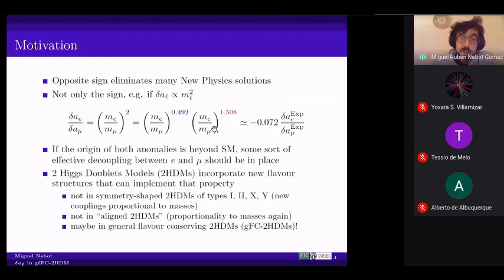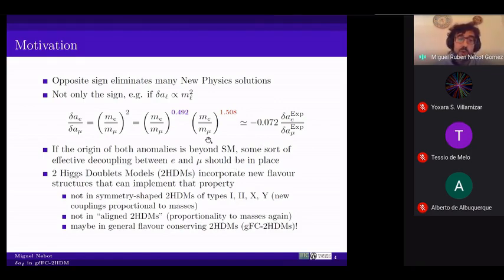And we will address this in a context that I have already anticipated, which is two Higgs doublet models, which is quite popular. And the bottom line is that, in principle, one has a new bunch of couplings, and through them, one might try to play this game.